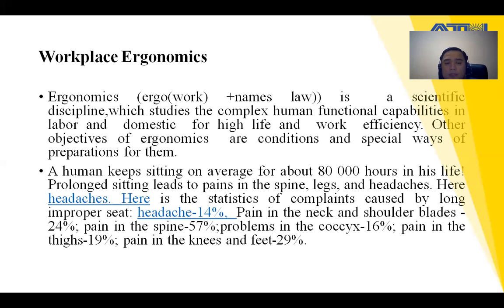A human keeps sitting on average for about 80,000 hours in this life. Prolonged sitting leads to pains in the spine, legs, and headaches. Here are the statistics of complaints caused by long improper sitting. Headache: